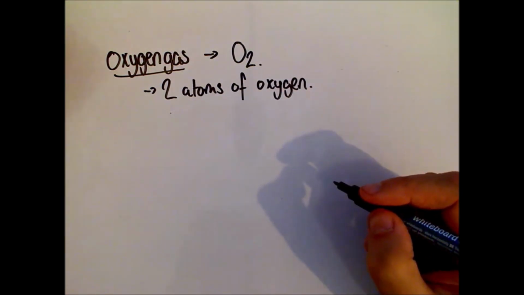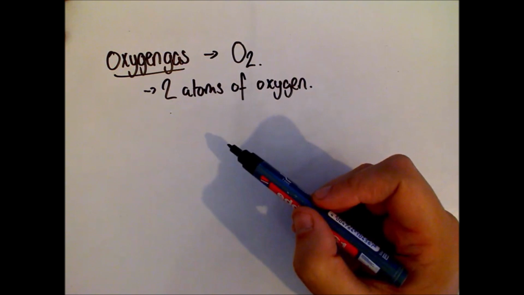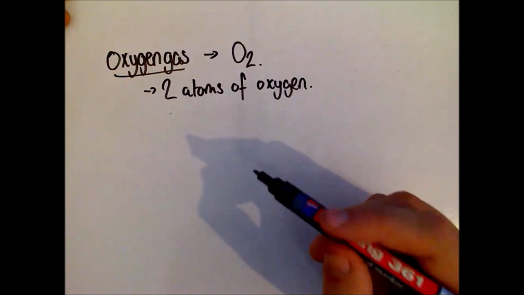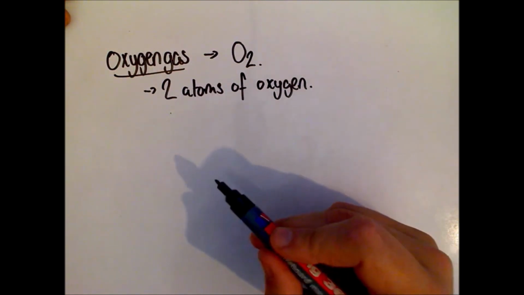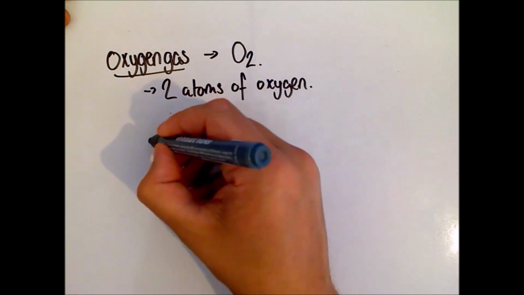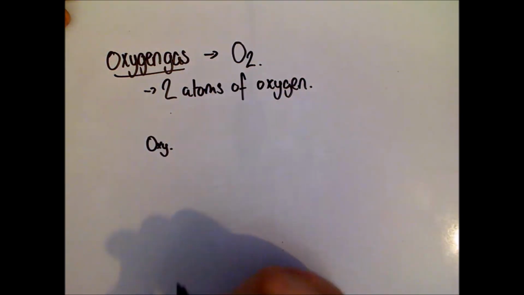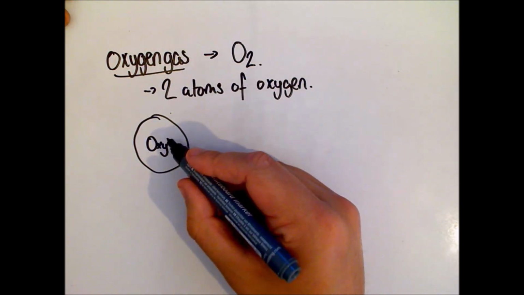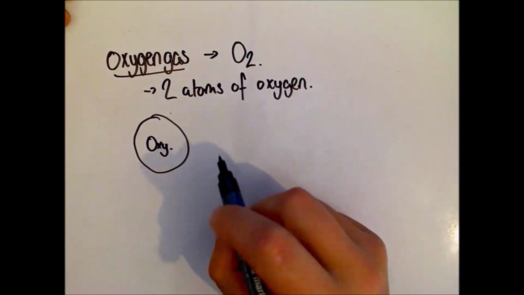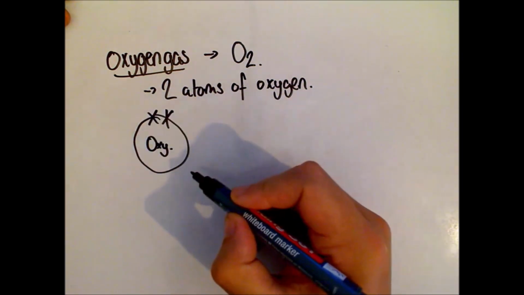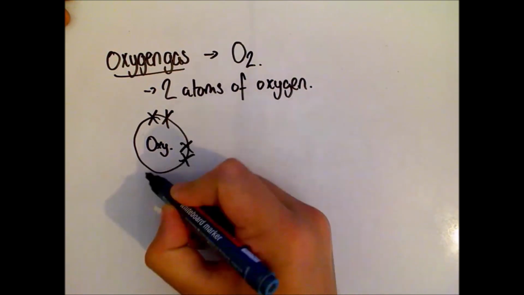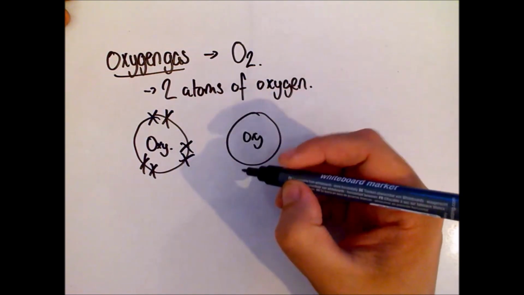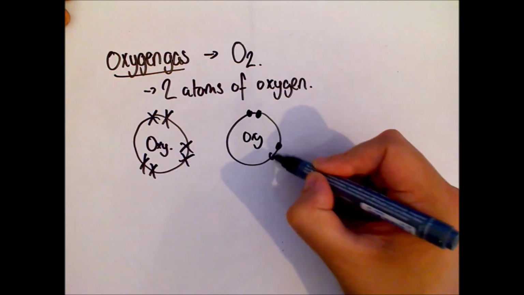Only thing I'm going to do slightly differently now, we don't need to draw out that full atom when we're looking at covalent bonding. We're only interested in the outer shell of electrons. So even though oxygen is in period 2, so I know it's going to have 2 shells, I'm actually only going to draw it with 1 shell, and I'm going to fill in that as its outer shell. I know there's one below with 2, but we don't need to include it in this. So let's just put in, it's in group 6, so 6 electrons in the outer shell, and I've got 2 atoms, so I'll just draw one more. 1, 2, 3, 4, 5,